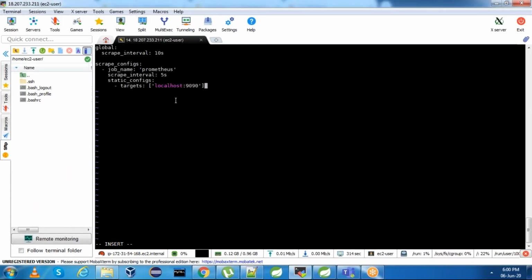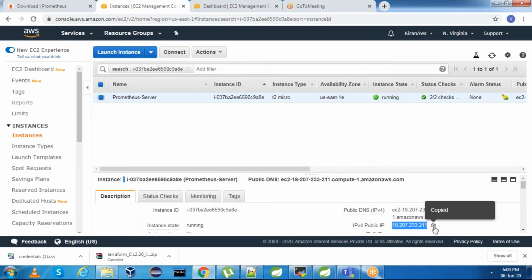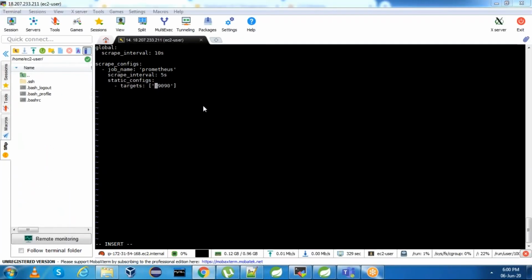This is the content which we added. Instead of localhost, if you want, you can keep the EC2 server IP as well. This is the EC2 server IP. Perfect. Save this file.